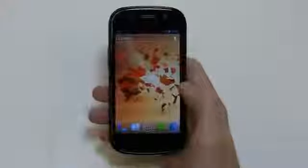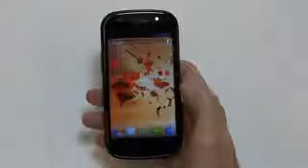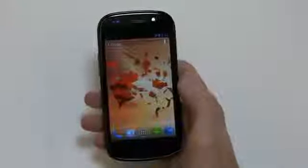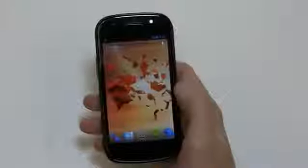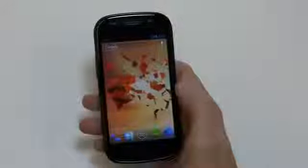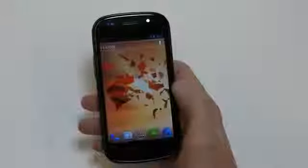So here's the Nexus S4G, and you'll notice that it's packing ice cream sandwich. It's the stock version of ice cream sandwich. It's rolling out now to Sprint users that have the device, and it's been rolling out for some time and actually completed on the Nexus S. So a couple of legacy devices have it now: the Nexus S, the Nexus S4G, and then you're seeing the Galaxy Nexus, which obviously shipped with it,